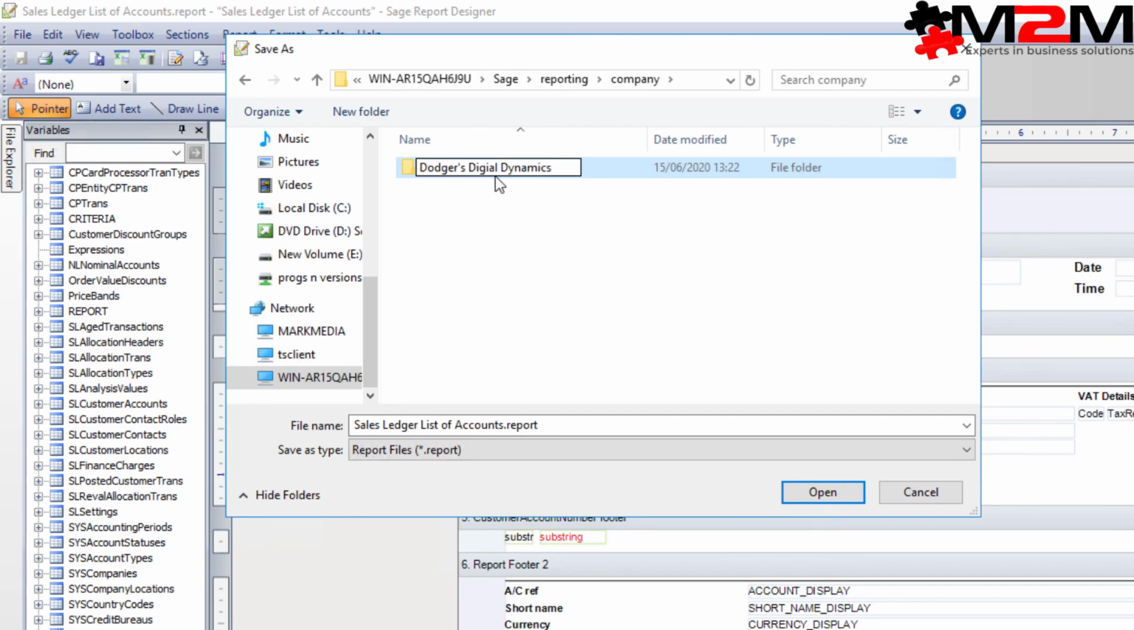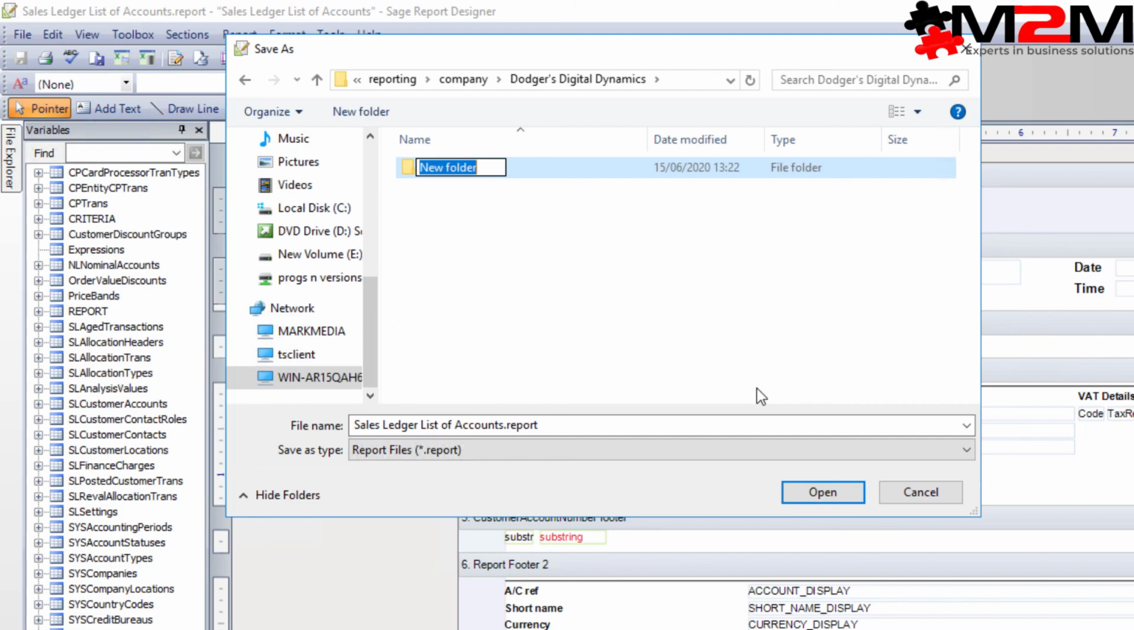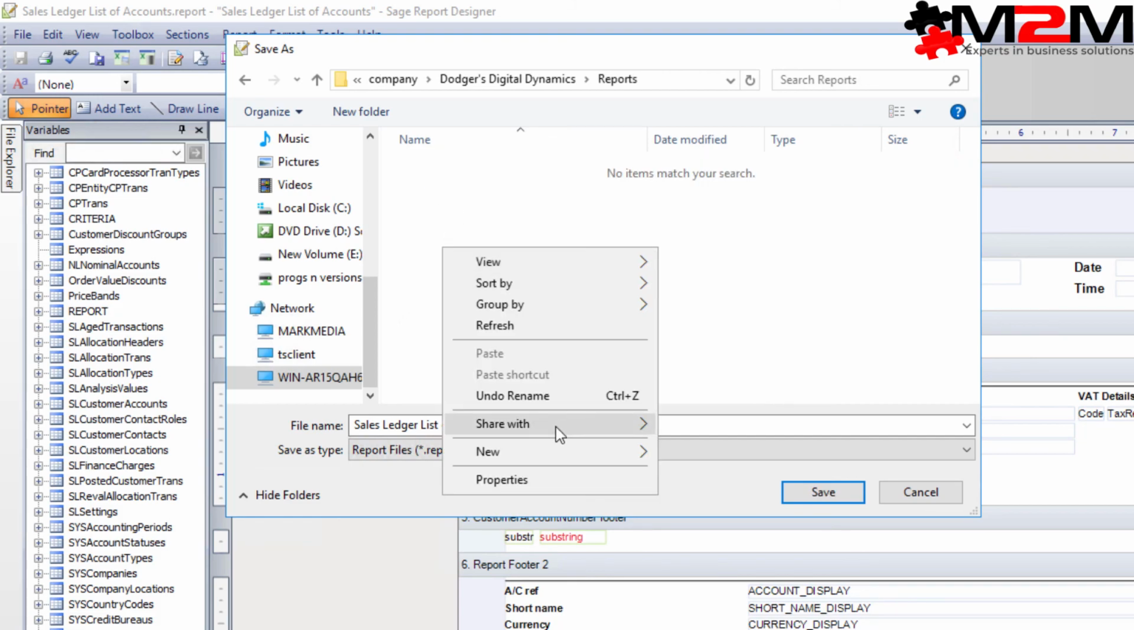Dodgers Digital Dynamics. Spelling is important here. If your folder doesn't have the same name as the company, then the report won't work, so do double check your spelling. Anyway, having done that, if you create a new folder called Reports, and in there create a new folder called Sales,